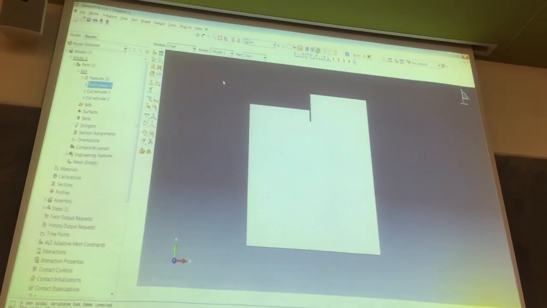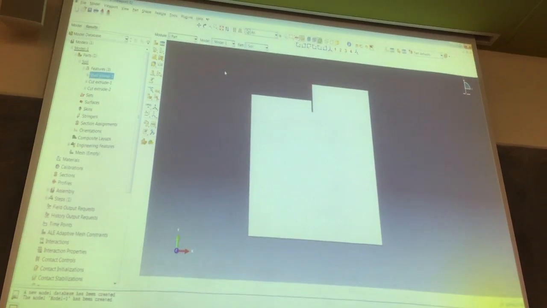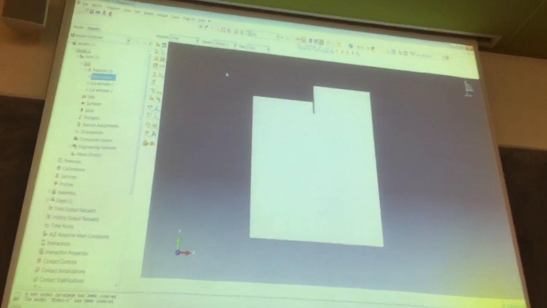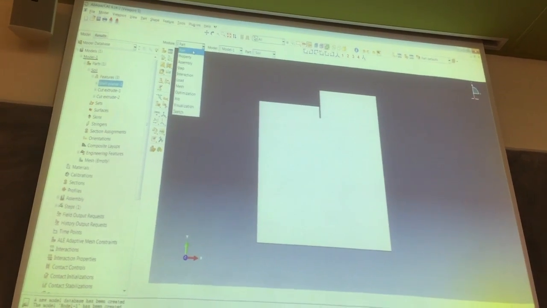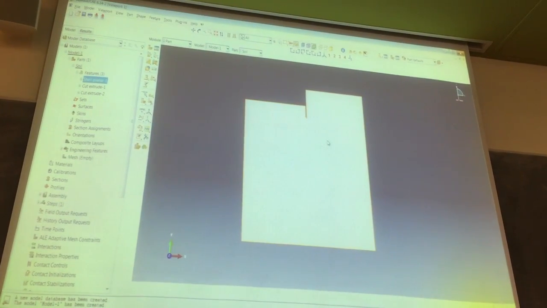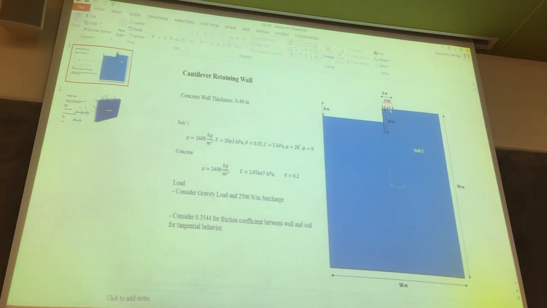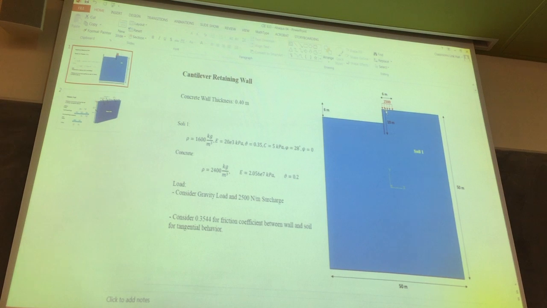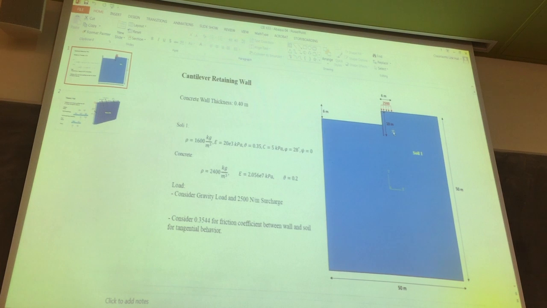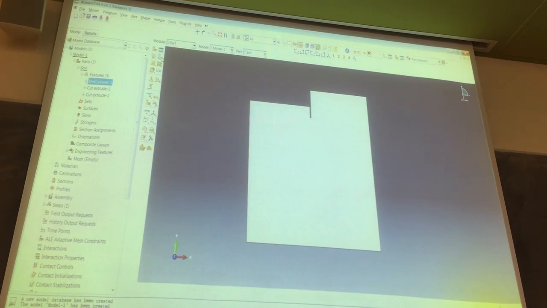In assembly, we just assemble these two parts, and between the concrete wall and soil, define the interaction. We should use the partition because we want to apply the load here. It's like the assembly in the project we are going to have. We should partition this part to have this line to select and add the pressure load. And of course, if in that problem you have two different soils, you should have partitioning for two different layers. I just partition this one, and of course for the mesh